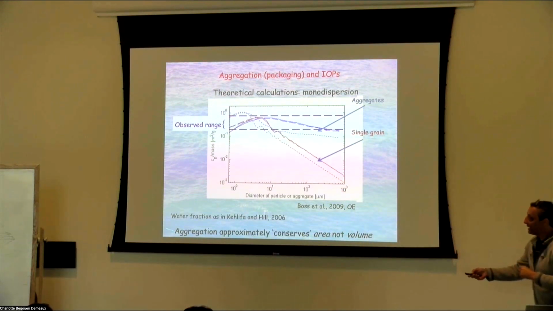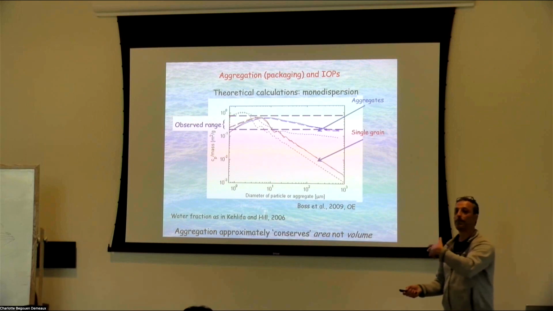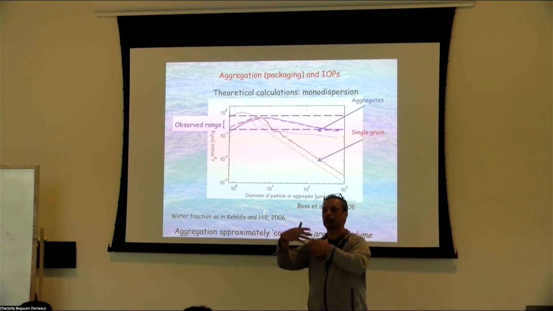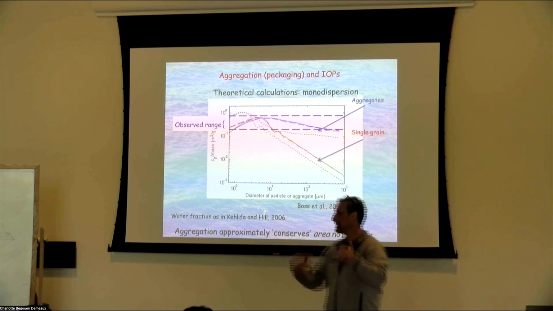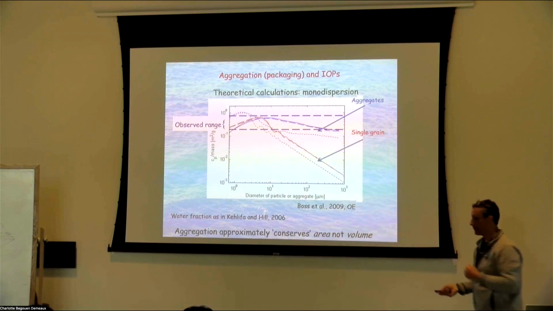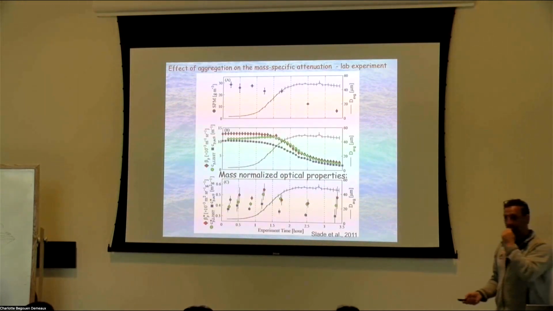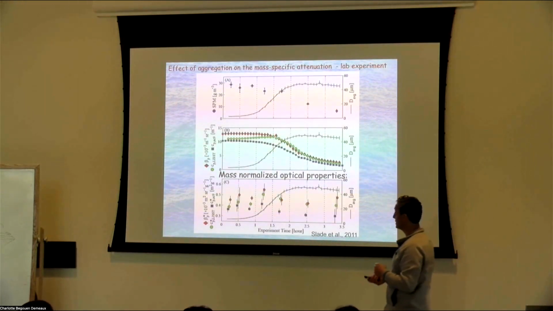So in essence, aggregation approximately conserves area. What we're conserving is the area of particles. And because they're so loosely aggregated, I'm not losing the area. They're not shading each other, making it less size dependent. It's complicated, I know. But what's really cool is that Wayne and I worked together on this problem, and